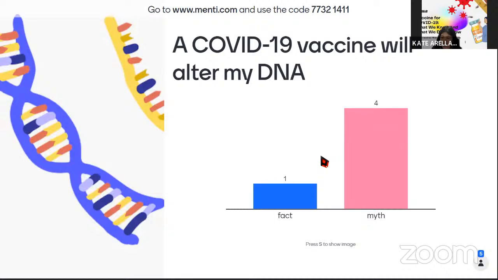COVID-19 vaccines do not change or interact with your DNA in any way. So both mRNA and viral vector COVID-19 vaccines deliver instructions